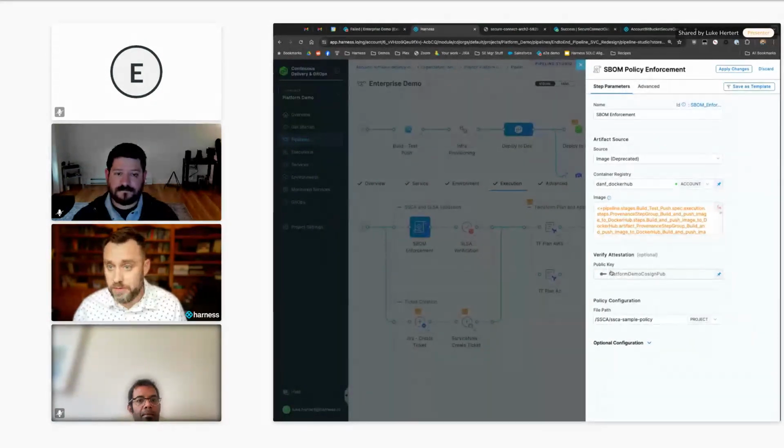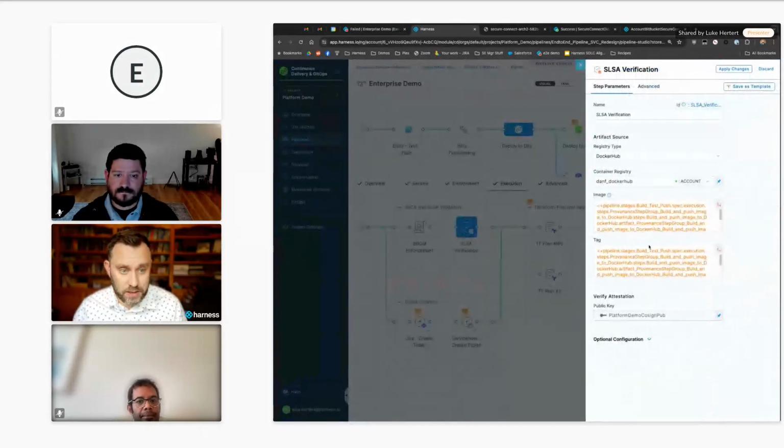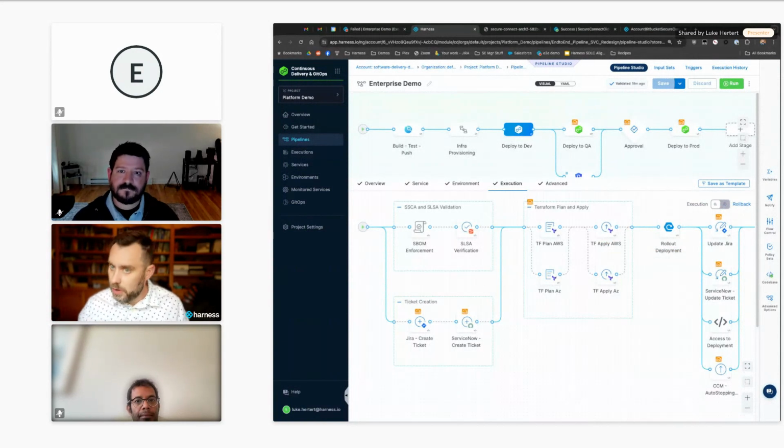Similarly, it's also going to validate the signature. Also, we can come in here and ensure that this image with this tag is signed appropriately. So having built-in steps, when I go to deploy an artifact, to ensure that artifact has been signed appropriately and that it doesn't contain any dependency. So this is where we get into the post-CI stage of things. Just wanted to say, whether you're using Harness or not for CD, we've baked in the information that you can go validate at deploy time.